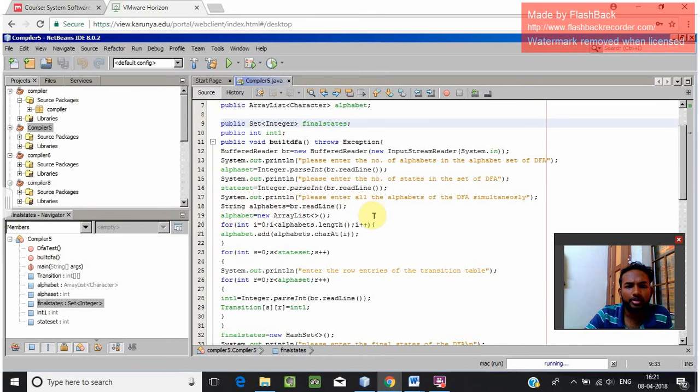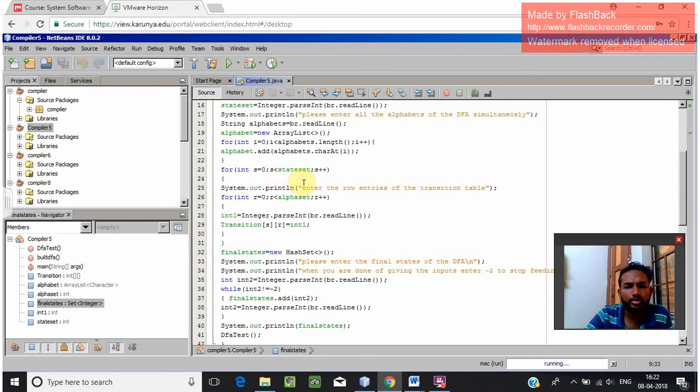Then System.out.println "Please enter all the alphabets of the DFA simultaneously." So we have to enter the alphabets which the DFA will be accepting. Then alphabet is equal to new ArrayList. For that I have used a for loop: for int i is equal to 0, i is less than alphabets.length, i plus plus, alpha.add(alphabets.charAt(i)). For int s is equal to 0, s is less than stateSet, and s plus plus,